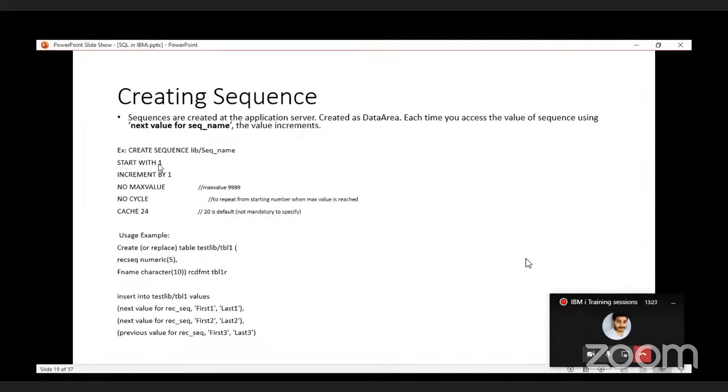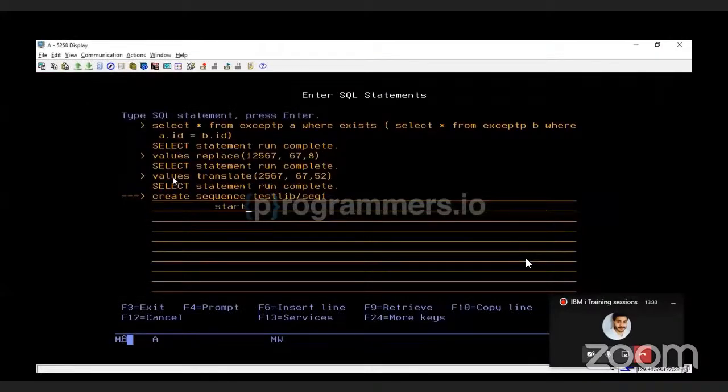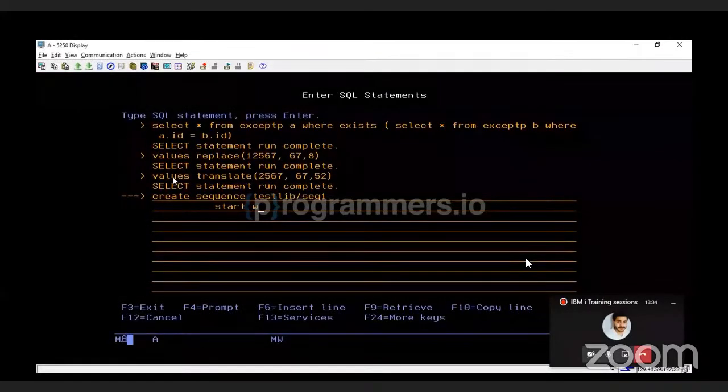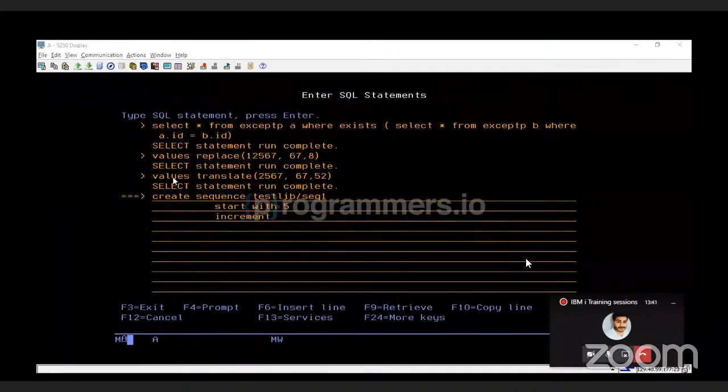It says it will be starting with 1. The increment can be anything, the start can be anything. It's a value that the user can provide. So if we are starting it with 5, let's say, incrementing it by 5,